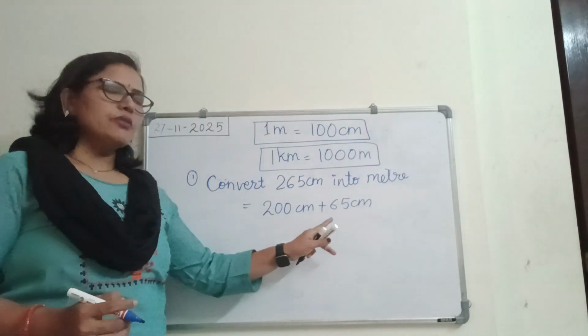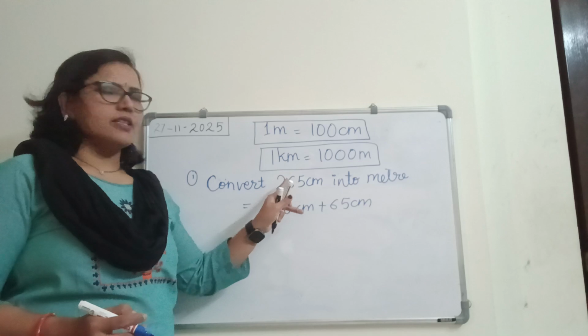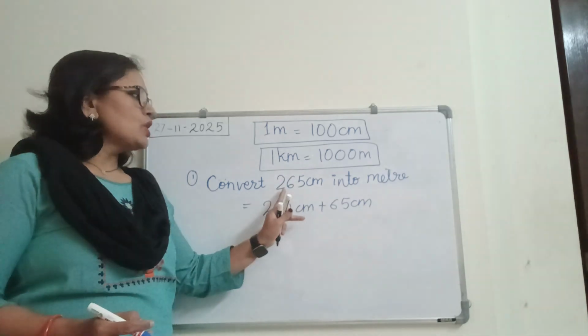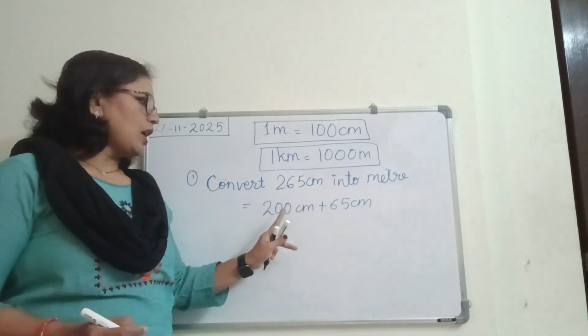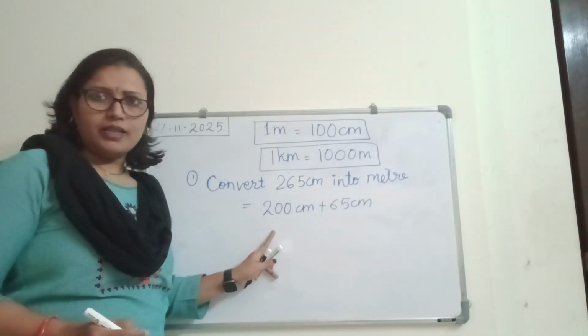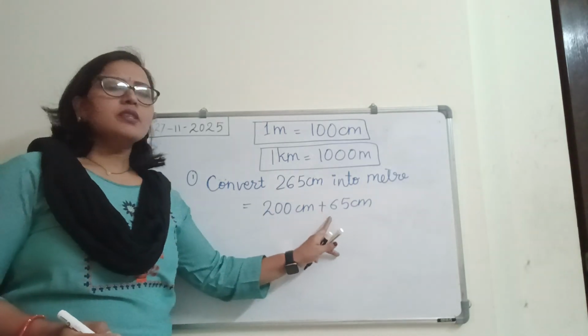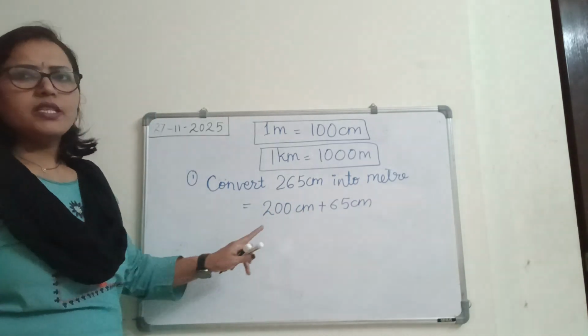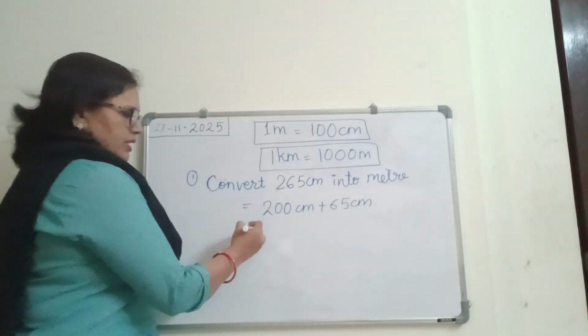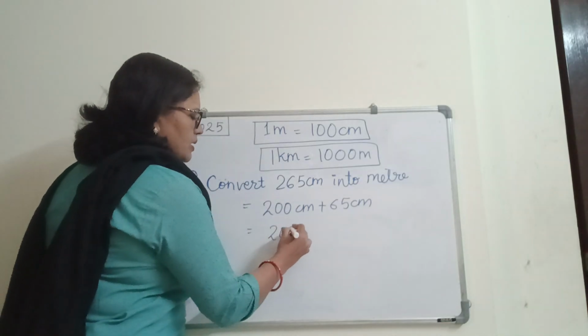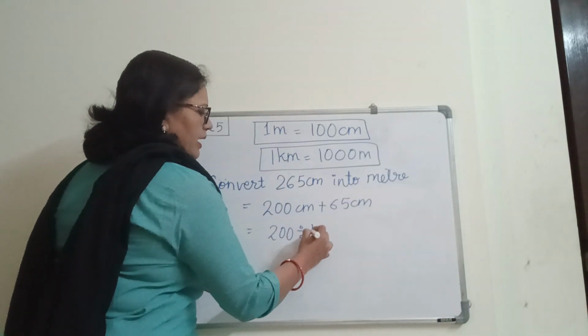So is it 265 only? If you add this, yes, it is 265 only. So 265 centimeter, how are we doing this? We are expanding this as 200 plus 65. Now it's easy to convert this 200 centimeter. To convert this 200 centimeter, we have to divide it by 100